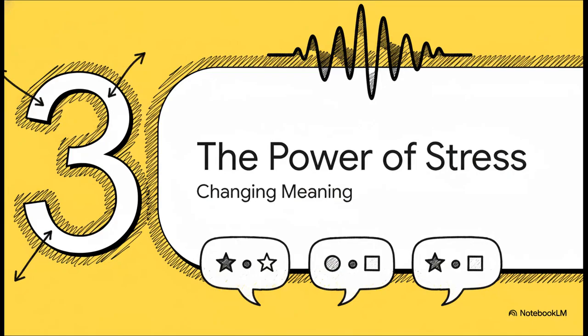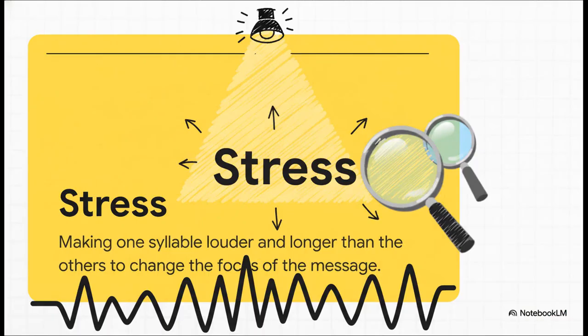Okay, moving on to another awesome tool that works hand in hand with intonation. It's called stress. And this is where things get really cool, because this is how you can use the exact same words to mean totally different things. Honestly, this is kind of a superpower. So what is stress? It's basically just putting a spotlight on one specific word in a sentence. You make it a little louder, maybe a little longer, and you nudge the pitch up just a bit. It's your way of telling the listener, hey, pay attention to this word. This is the key piece of info right here.